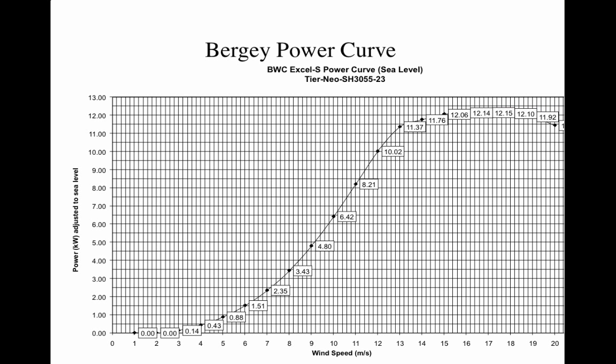This is the power curve of the Bergey wind turbine. What this is showing us is meters per second on this axis, so it goes from 1 to 20 meters per second in wind speed. And then on this axis, it's showing us the power that the turbine puts out. So here we are at 1 kilowatt, 2 kilowatts, 3 kilowatts. What's interesting to note here is if we look at, for example, 6 meters per second, we're at about 2 kilowatts. And if we go to 12 meters per second, we are at